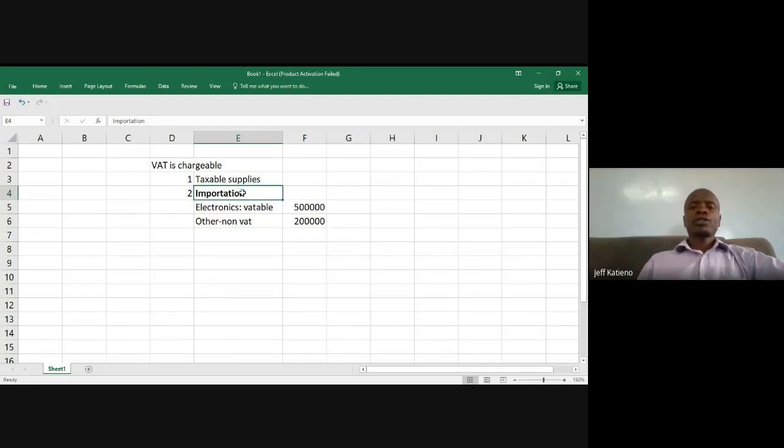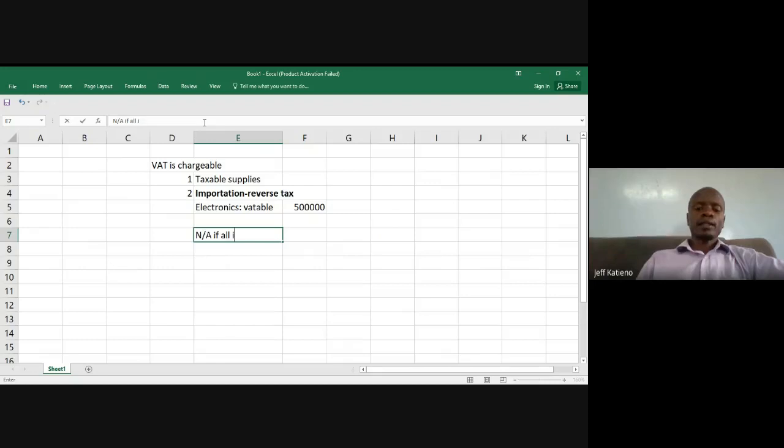So on importation, you need to pay VAT on this element here, on this 200,000. But if all that you are importing is vatable, which means you are going to charge VAT when you are selling the stuff again, then you will not pay this import tax. It's called reverse tax. So reverse tax is not applicable if